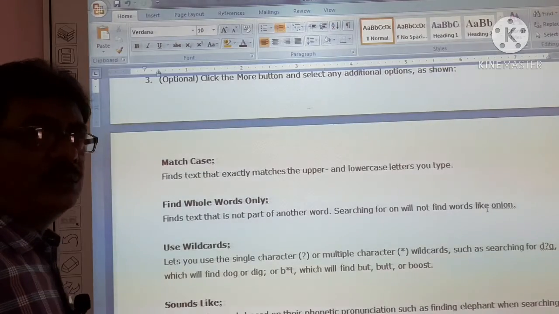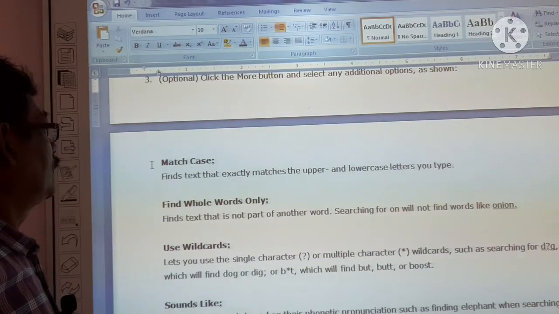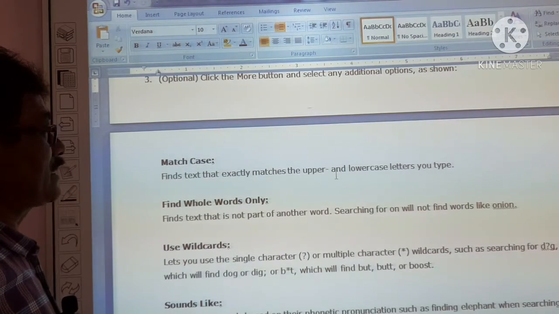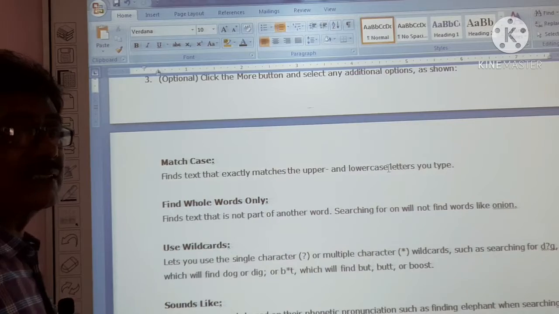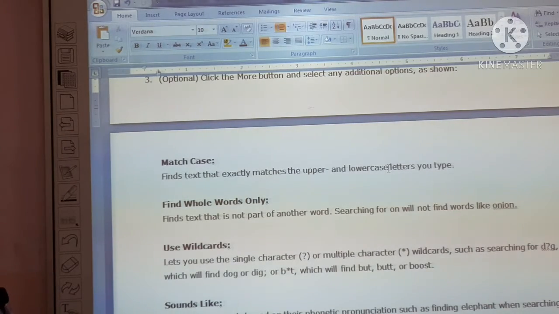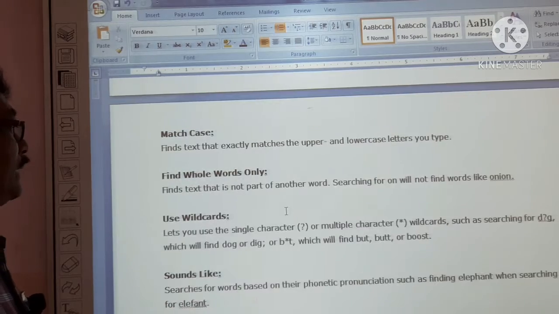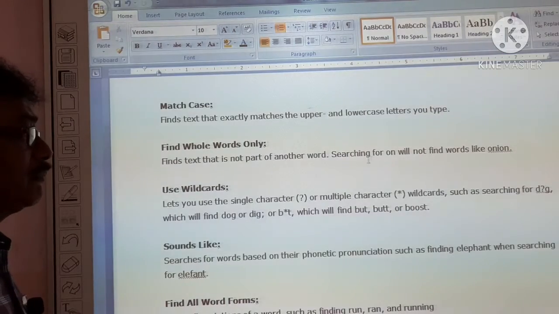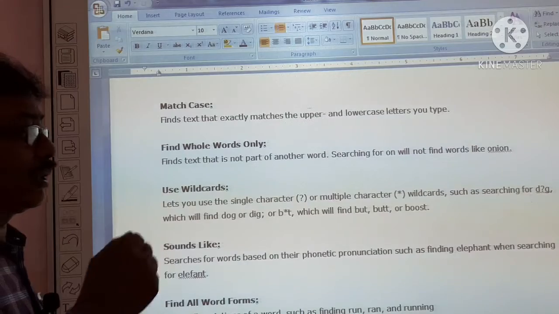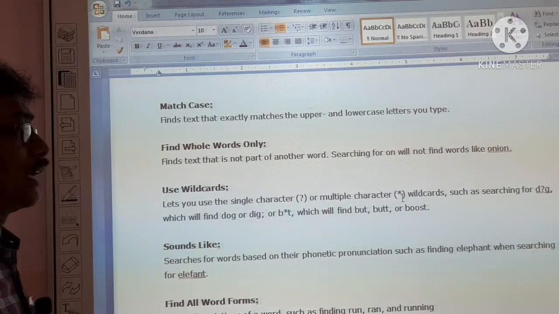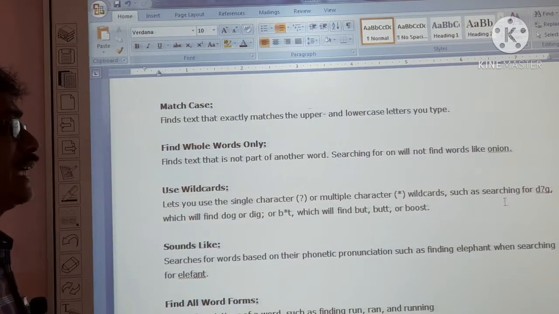Any word that is found is called a match. Match case is used to exactly match the uppercase and lowercase letters you type. Find whole word only. Find with wildcards. Wildcard means either a question mark or an asterisk. The question mark is for a single character and the asterisk is for searching any characters.